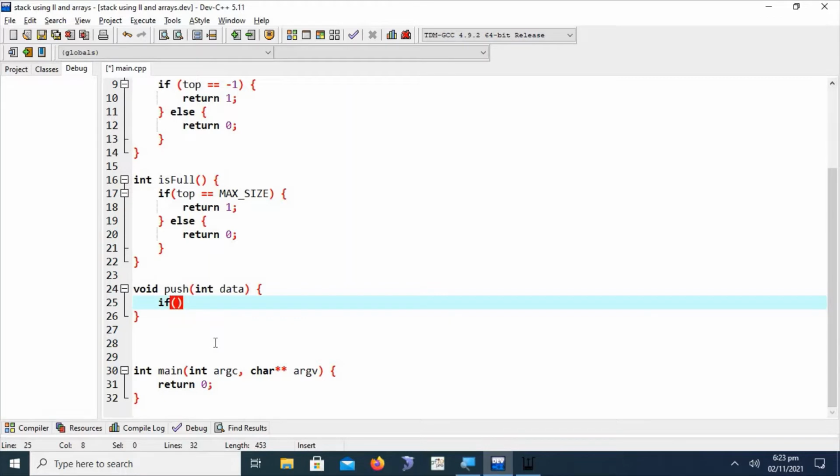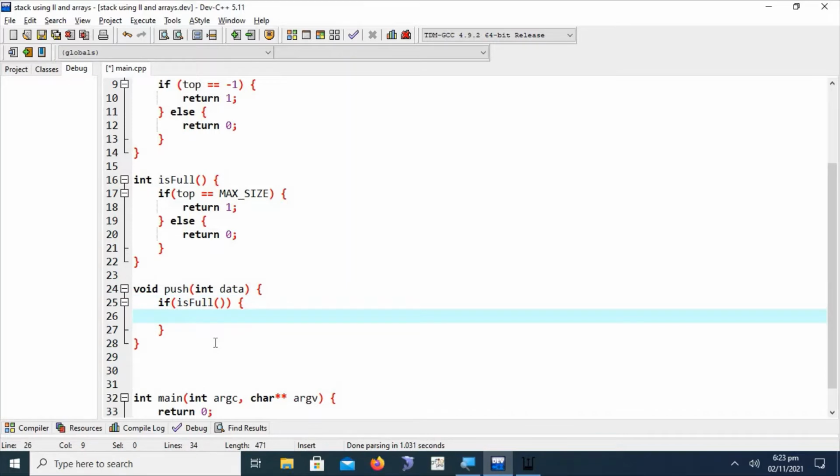First of all we have to check if isFull, whether the stack is full or not. If it returns true, then we will say with cout that no more value can be pushed onto the stack.